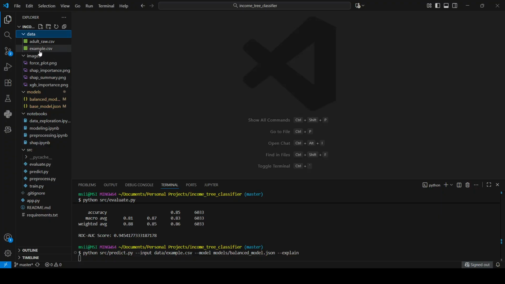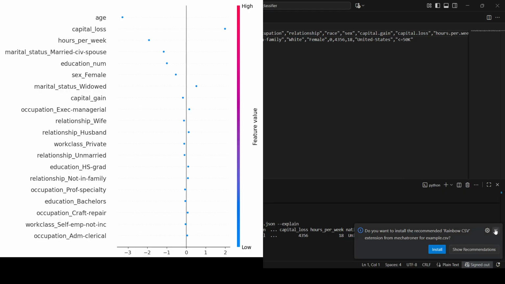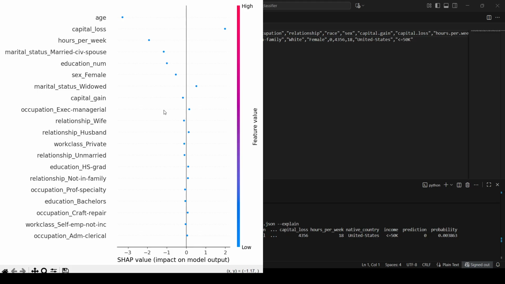This example CSV only has one row. Now usually you would want it to have more. So here you can see the SHAP explainability. Now again, this doesn't really matter a lot since it's only just one record. However, usually this would show you for everything that you're predicting what were the most important features and how they